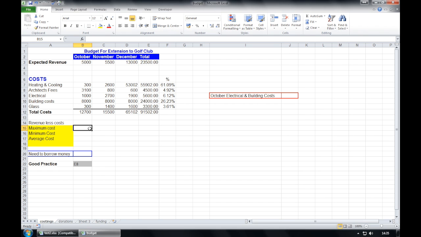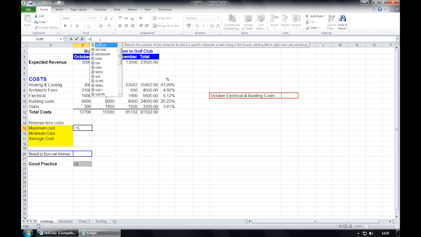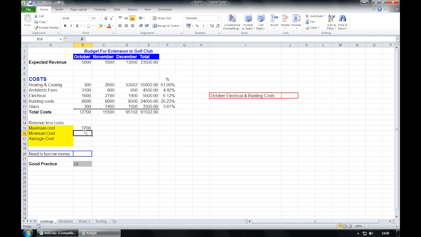We're going to put in B15. We're going to have our 2 numbers, one's in B3, one's in B12. So in B15, in the formula bar, so maths equals sum, open up a bracket, B12 minus B3, close our bracket. Notice that they're coloured, pressing enter, and we have our maximum cost.